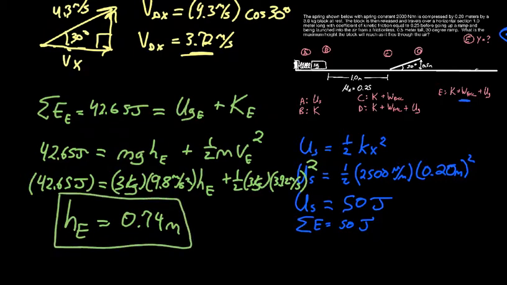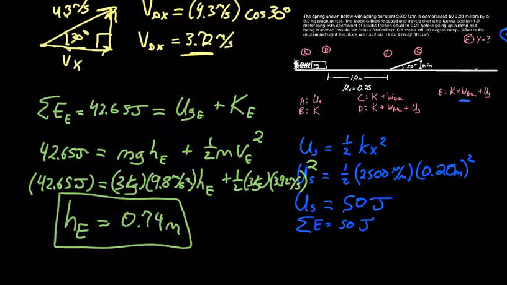Now, again, you could solve this one differently by using dynamics for the part where it's slowing down, so Newton's second law, figure out how fast it's going to go at the end of the one meter section, and then figure out the acceleration on the ramp to figure out how fast it's going as it's leaving the ramp, and then use kinematics for the last part. This way is definitely fewer calculations, so probably faster, once you're used to it anyway, and easier to solve this way as well. But again, the idea is just that the total amount of energy can only change when